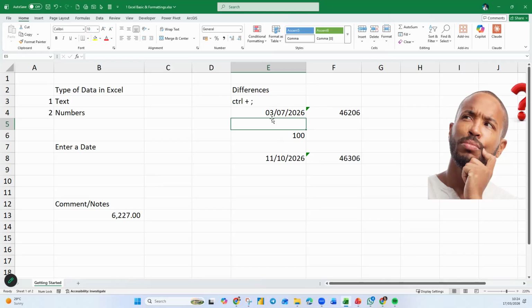Then you'll be thinking, if this is March 7 plus 100 days, it cannot be October. So something is wrong already. So you have to understand the date of your computer and how you use it in Excel in order to get the accuracy of it.